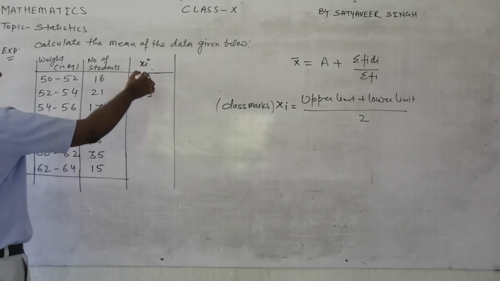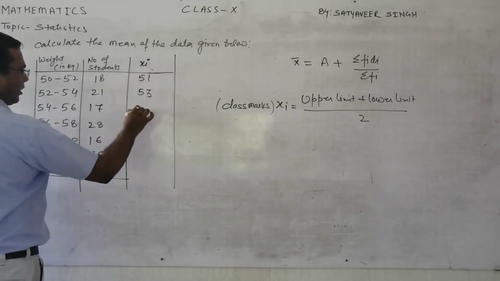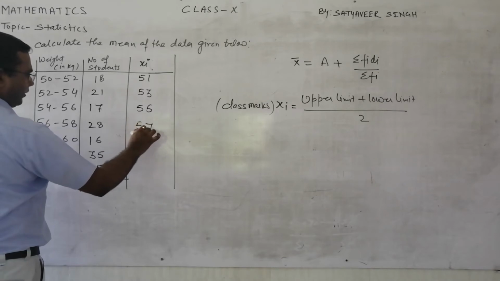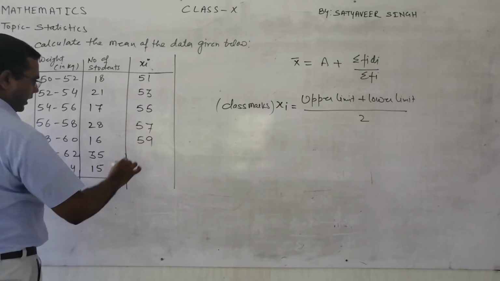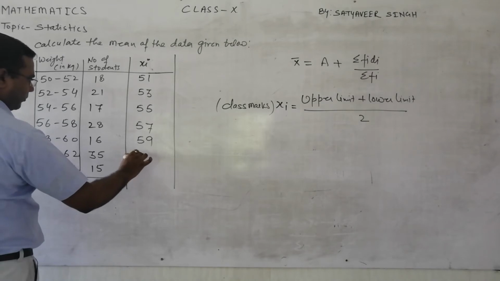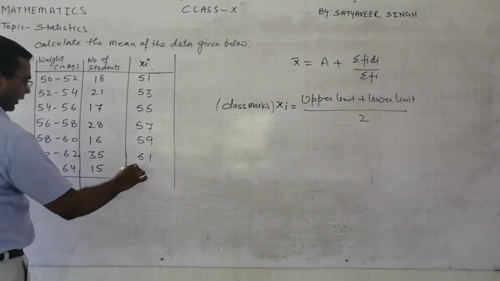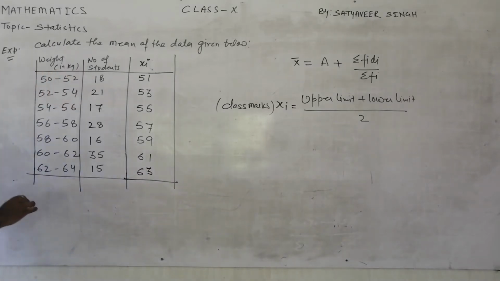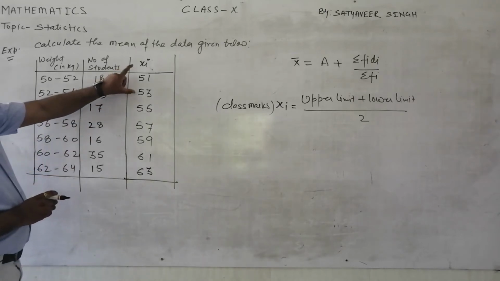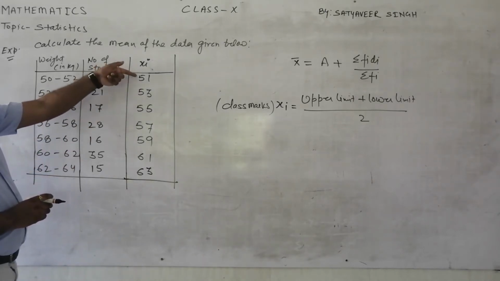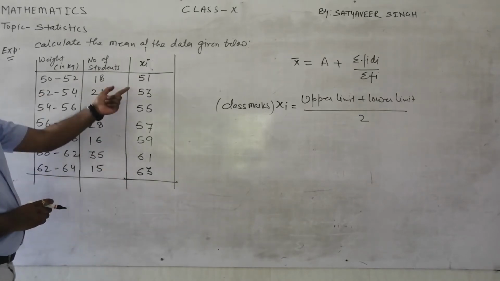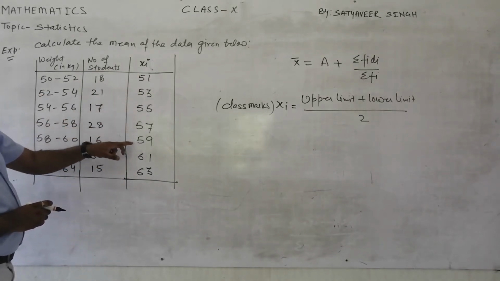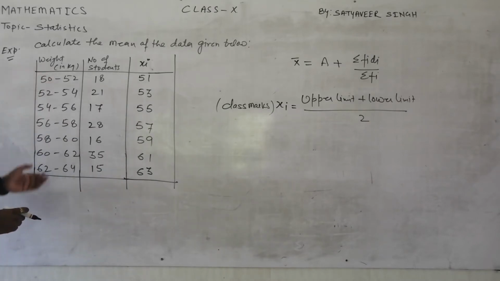And similarly there is a difference of 2 coming, so it will be 55, 57, 59, 61, because the difference of 2 is going on, and then 63. So like this we can quickly find out the class marks. You can keep the procedure in your mind. See the difference between these two numbers. The same difference you will have to follow till the last. Here it is a difference of 2, so I have maintained the same difference. There is no need to add these two numbers and divide by 2.